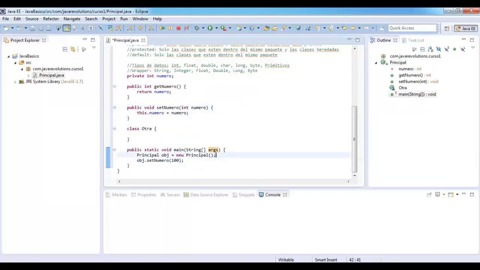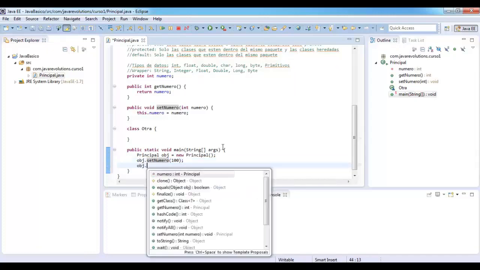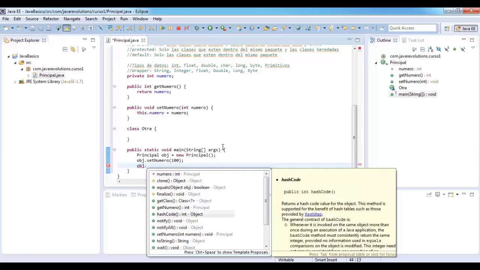And we can begin to invoke each function that we have in the class, and we will also see how. We write obj dot, and automatically this box appears here, and we will see all the variables and methods to which we have access. For example, the variable number is declared private, and I can see it